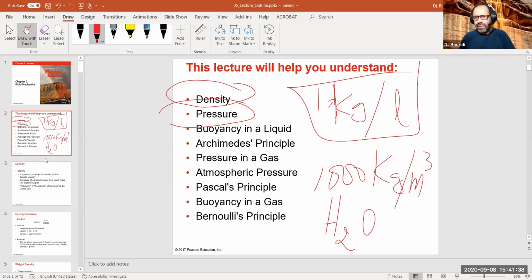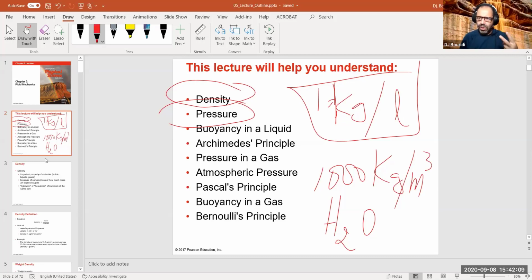The pressure, as you have guessed already, is a force, which is the weight in this case, divided by an area. So it has the units of force, which is Newton, divided by the units of area, which is distance times distance, meter squared. So those are the two critical concepts that we will need to describe fluids. For example, when we talked about objects, mass, acceleration, velocity, and all of that, we appended numbers to them to describe them.